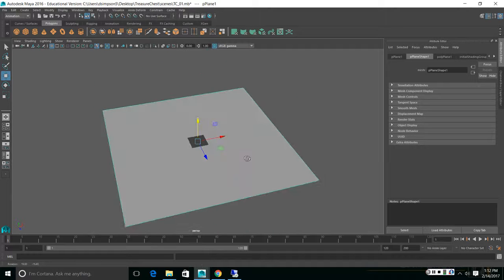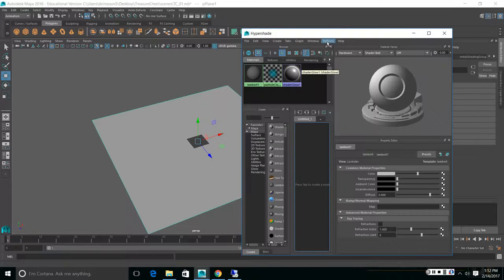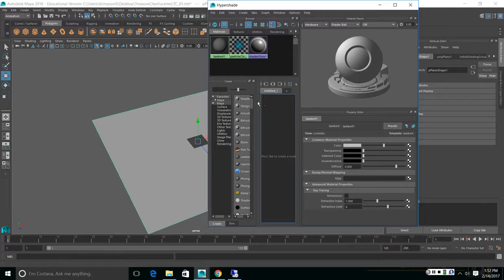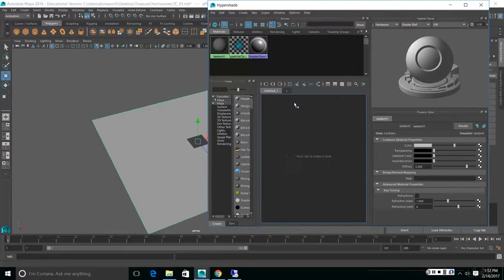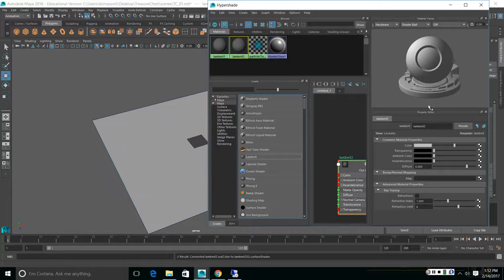I'm ready to load in my reference image. So I can go up here and click the shortcut for the Hypershade. And with that, I'll create a new Lambert for my object. I'm going to hit Lambert. I can rename this. I'll call this first one